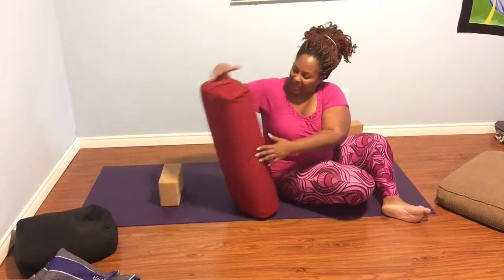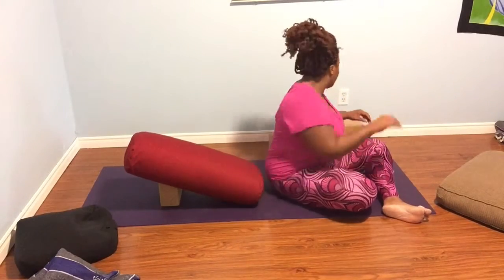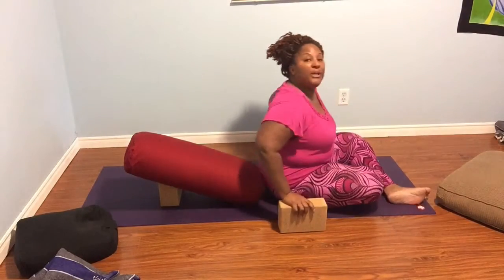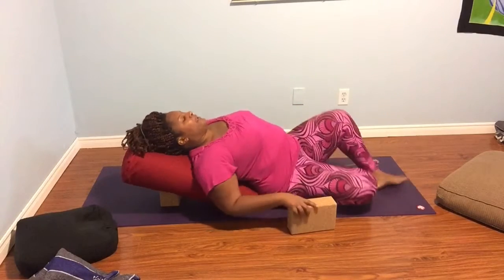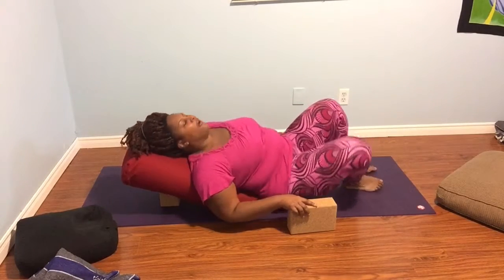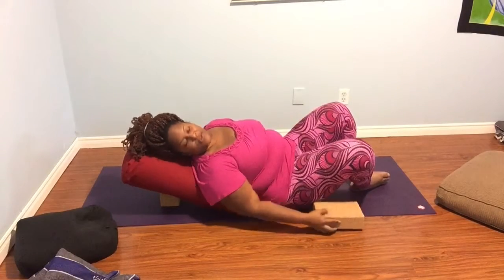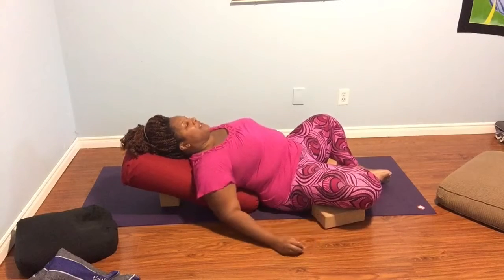And just have more of a reclining, because you don't want to lay flat on your back when you're exercising or when you're pregnant. You always want to be lifted. So you'll notice I'm on an angle here. I'm going to lay back. I call this the pool chair. Bring the soles of the feet together. If you've got blocks, pillows, or bolsters, this is a place where you can slide them underneath your knees